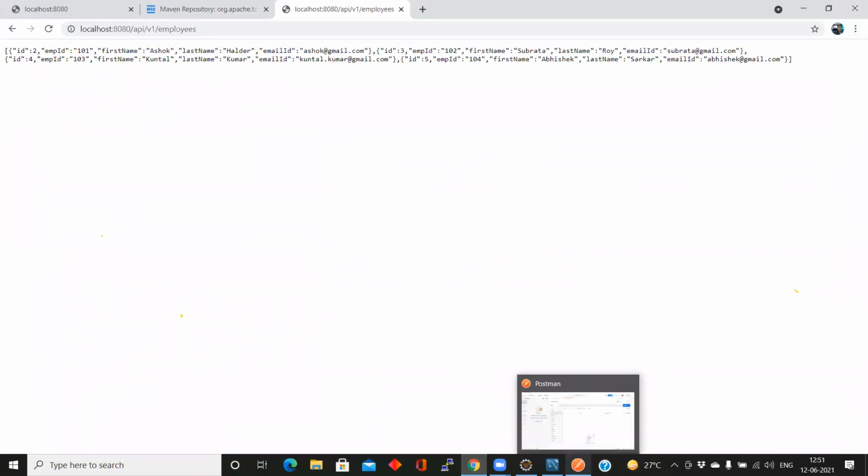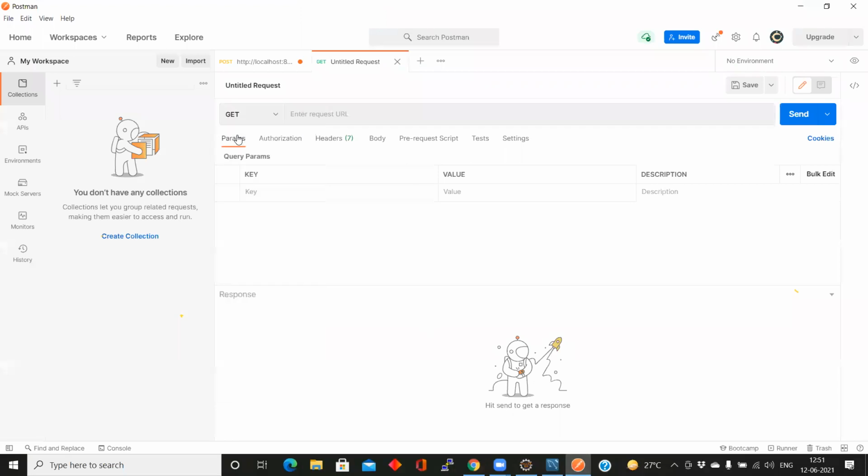Next, we can view that data using the Postman tool. Let's check get. Now you can use the URL, and gradually, if you want to work with Angular and Spring Boot, you have to be familiar with the Postman tool.